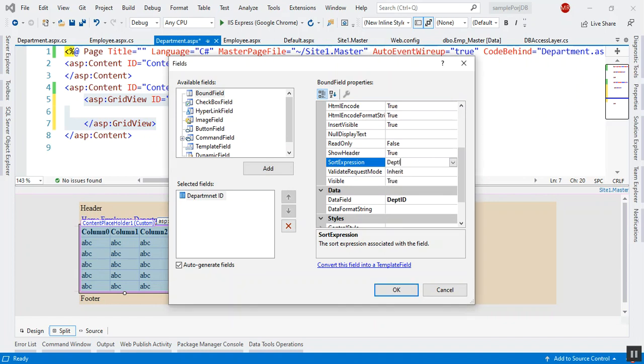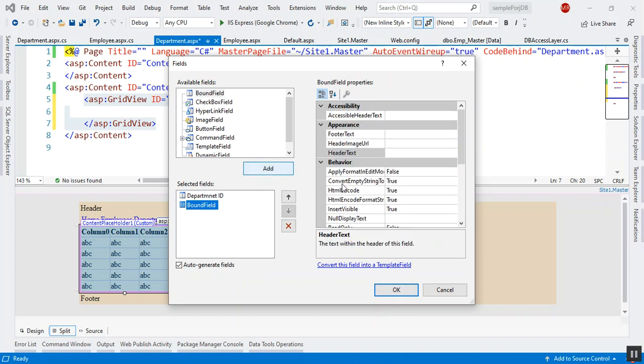That DPT ID. It will automatically create a query when I say that department ID, it should be sorted by department ID. Then it should create a query select star from department ordered by department ID. So here this column name will tell me according to which column it should be sorted. So sort expression should be same as your column name on which you want to sort. Then I want another column, department name,